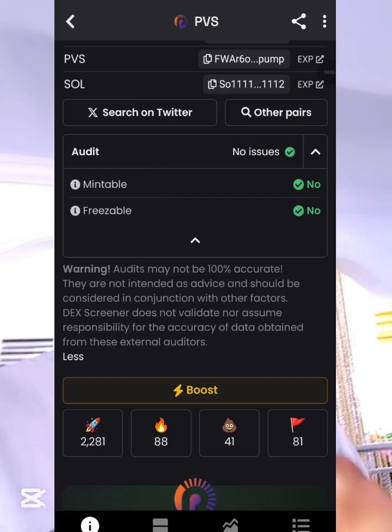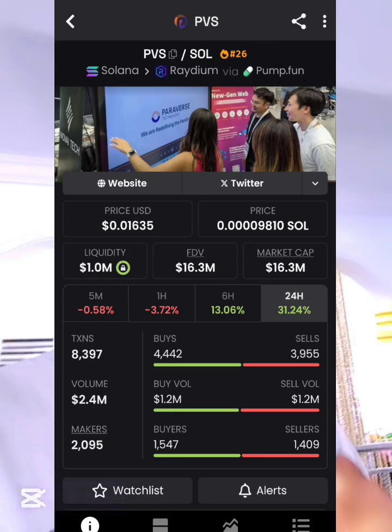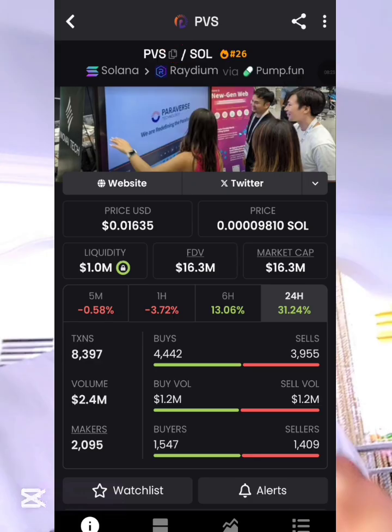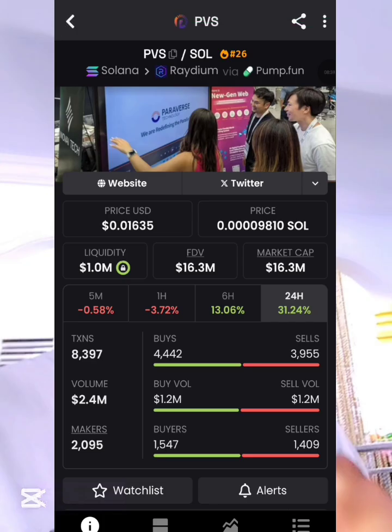Now that is good. After we have checked it on DexScreener, the next thing we need to do is to go and copy the contract address of that particular coin. This is where to copy the contract address on DexScreener. As you can see, there is a copy icon there. So simply click on this tiny copy icon like this. You can see the address copied to clipboard. Now we take it to